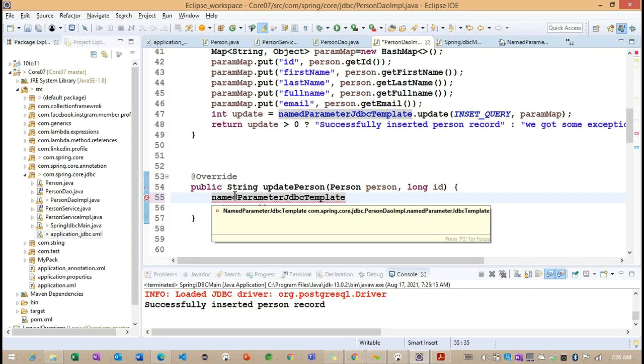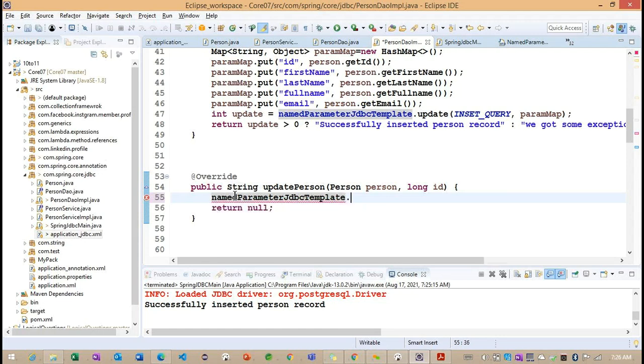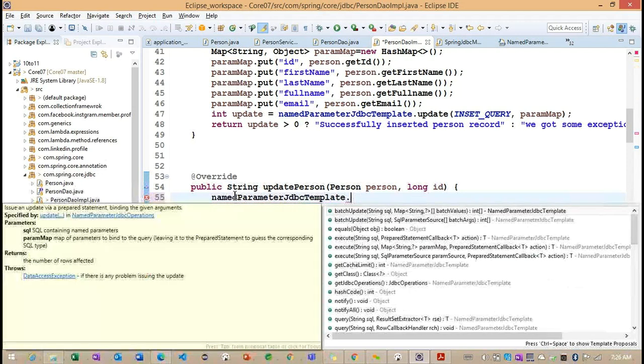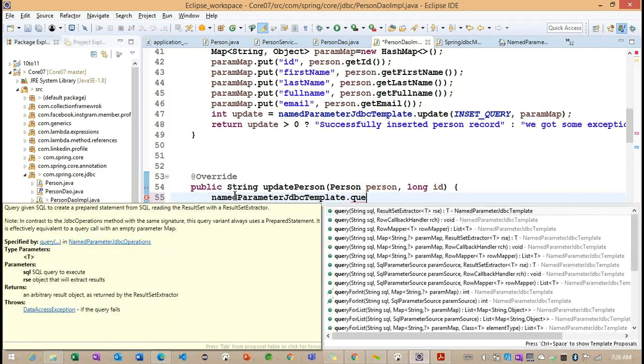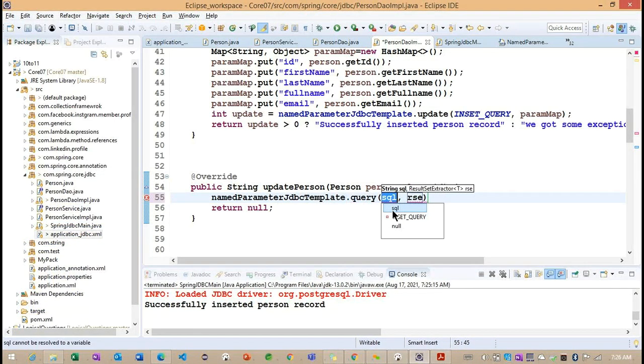Right. So jdbcTemplate dot, we need to write a query method here. So we'll try to work on the ResultSetExtractor. In the previous example, we connected with our RowMapper. Okay, now we'll connect with the ResultSetExtractor.